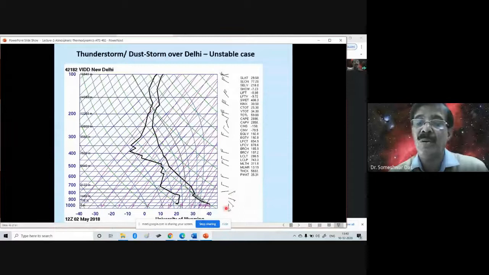That means in the lower level of the atmosphere, now this is just a straight line, and there is no barb on this line. That means wind is hardly measurable, almost calm. If you go a little bit up from the surface, say at 900 or 950 millibar, then very feeble, very weak wind is there, and the wind direction is like this.